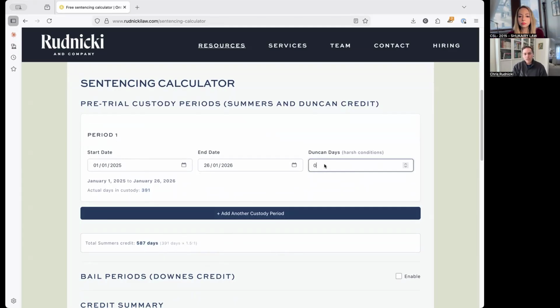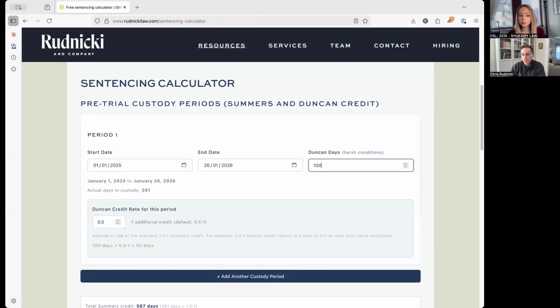Now, if your client has spent some portion or all of that as harsh Duncan days, you can optionally toggle Duncan credit here on the side. So let's say your client spent 100 days that were harsh in custody. Then, for every period of pretrial custody you're entering, it's going to automatically open up this little box, which would then say, well, how much credit do you want for those Duncan days? Because Duncan credit is discretionary. It's up to the trial judge to say how much credit you should get